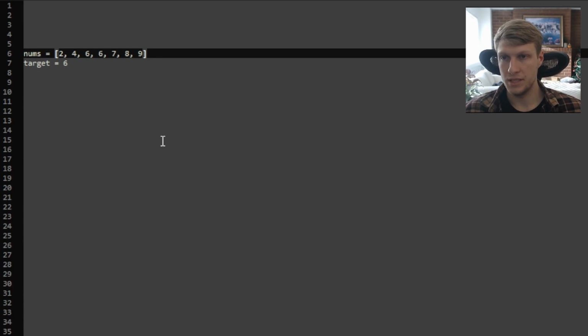Let's go through an example. For this example, our input nums array is 2, 4, 6, 6, 7, 8, 9, and our target is 6. So what we're going to want to do is find our leftmost and our rightmost instances of our target value, and we'll use binary search to do this. Binary search is a searching algorithm that divides the array in half and searches each half to find the target value. The first thing we're going to want to do is find our leftmost instance of our target value,